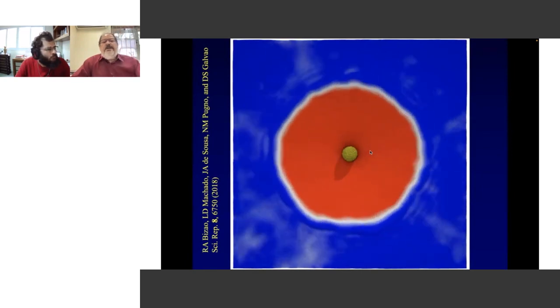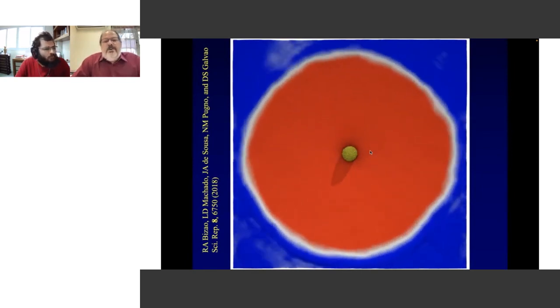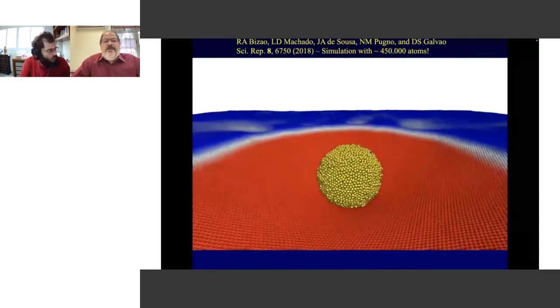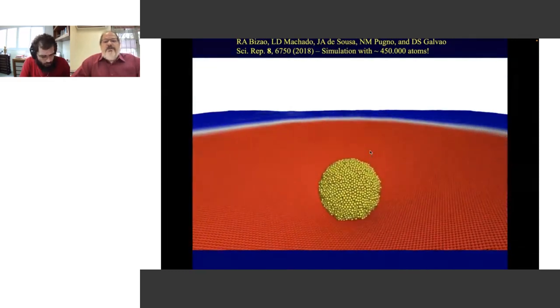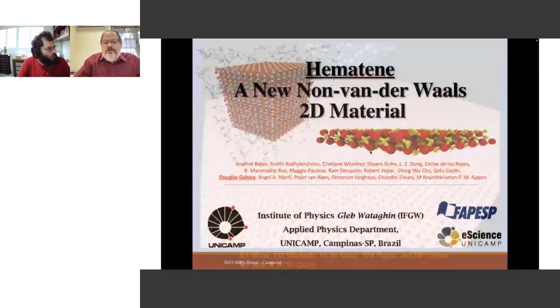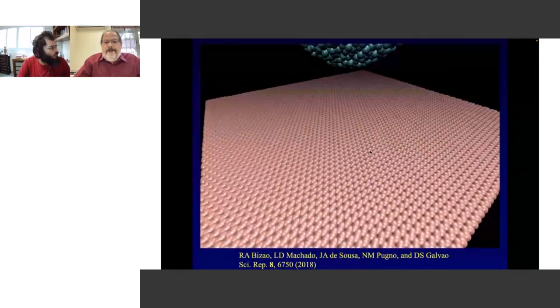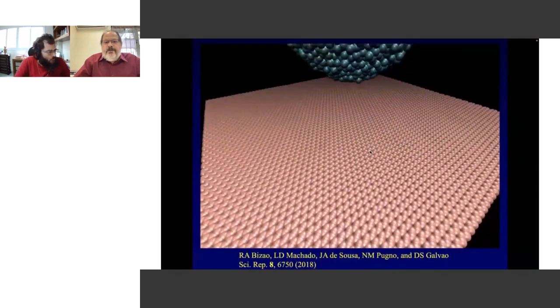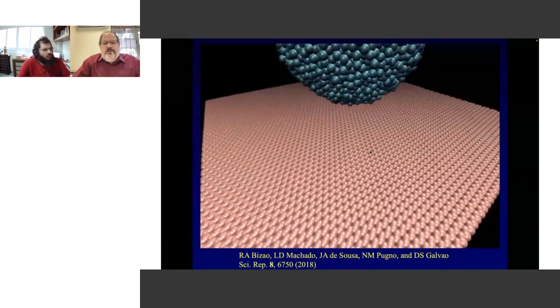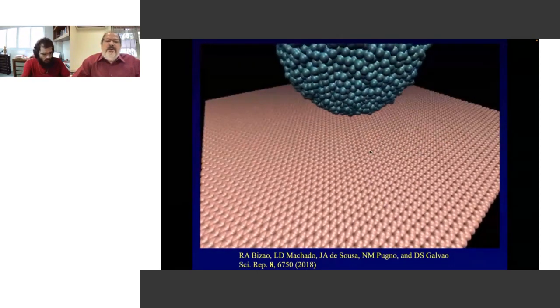We tried to mimic the experiment. We shoot a nanoparticle at a suspended graphene membrane. You can see here from a different angle. At the beginning, you have elastic wave propagation that preserves the hexagonal symmetry, but as the elastic wave propagates, it loses the symmetry. And now comes the interesting part. I'm showing the movement at a slow rate so you can see.